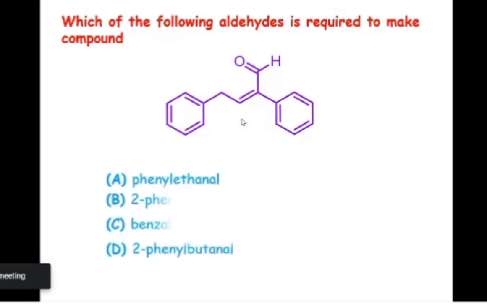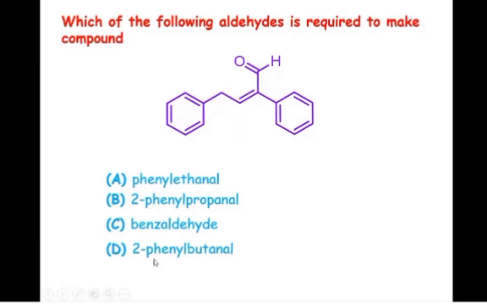But in competitive examination, the answer is given there. Now we will see one by one. Let's start with the D option. What is the D option? 2-phenyl butanol, meaning PhCH2CH2CH2CHO. And 2-phenyl butanol means at the 2 position a butanol is there, meaning CH3CH2CH(Ph)CHO. That is not useful to make this particular aldehyde.